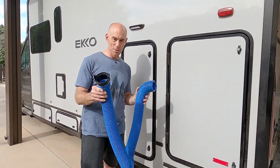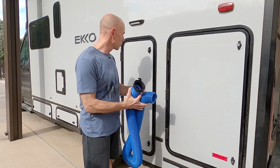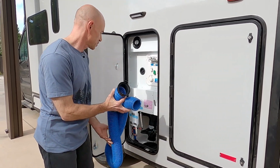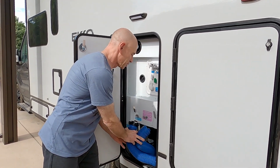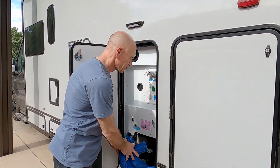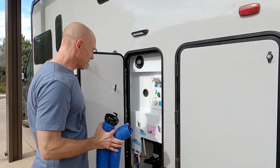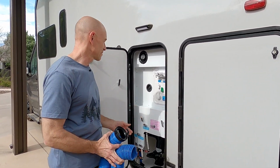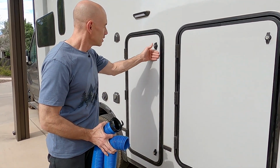So the project has to do with the sewer hose. Now, the default place to store the sewer hose in the Echo might just be curled up in the bottom there, and that's fine. But it's in the same cabinet with the fresh water, and I'm not so thrilled about that. So what we're gonna do